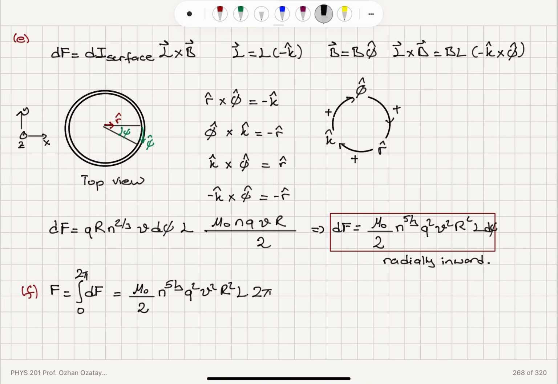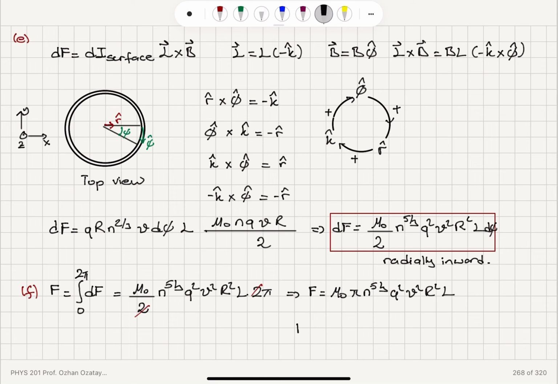So the 2's will cancel, and I will obtain the total force felt by the plasma: mu 0 pi n to 5/3 q squared v squared r squared capital